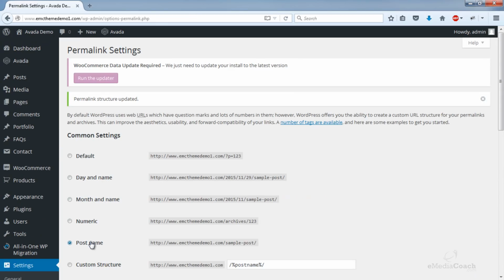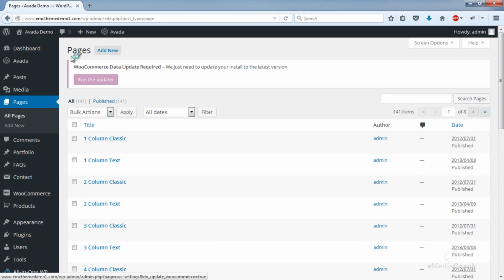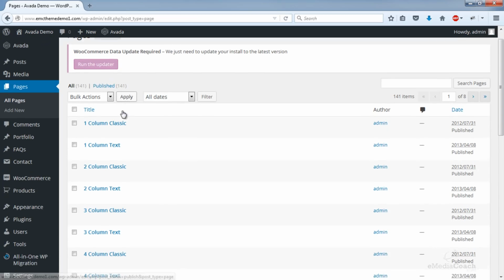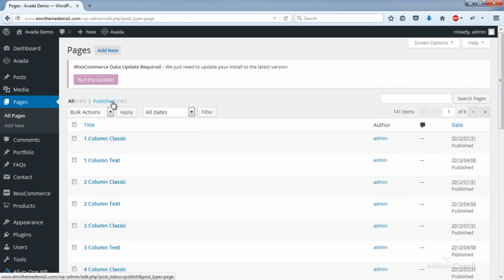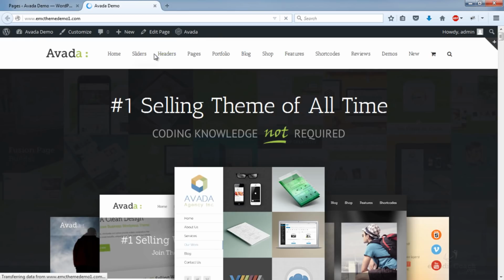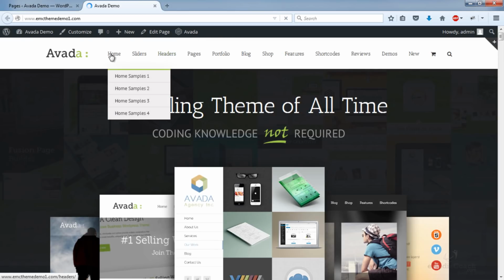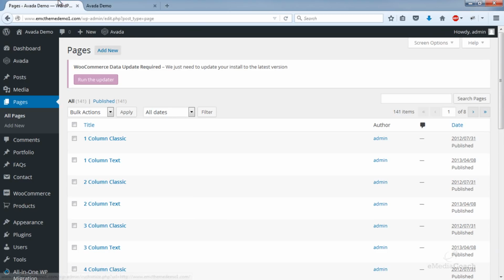Cool. Next, if you go up to pages and click on all pages, as a result of the import, you'll notice there are a bunch of new pages, 141 in fact, that have been created automatically. They are all of these pages that currently exist on your site as a result of the bulk upload. Now, we can delete all of them because we don't need them.